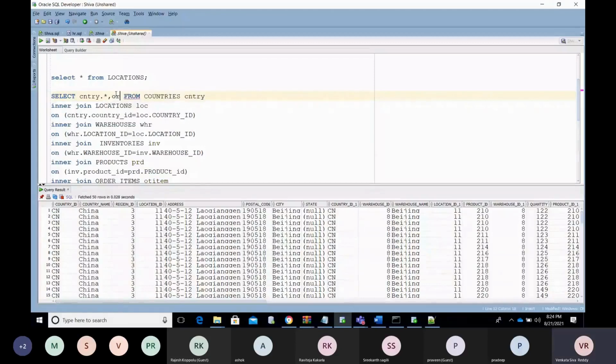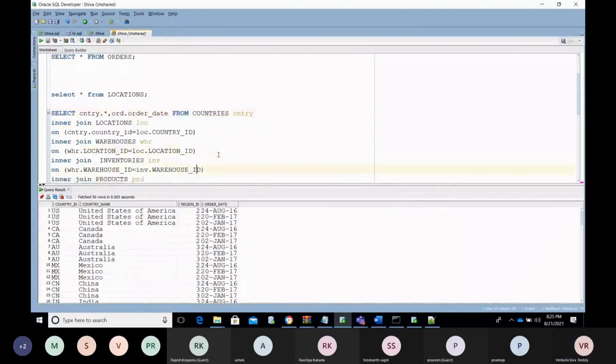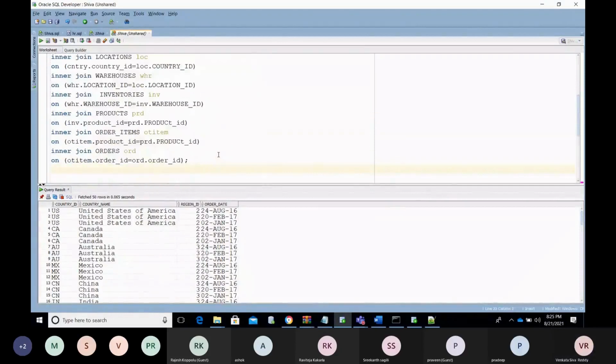I need only these three columns. To fetch this order date column along with the country ID, I used this many tables. Without any one of these tables, I cannot fetch our data. Got it? Anyone having any doubt here?